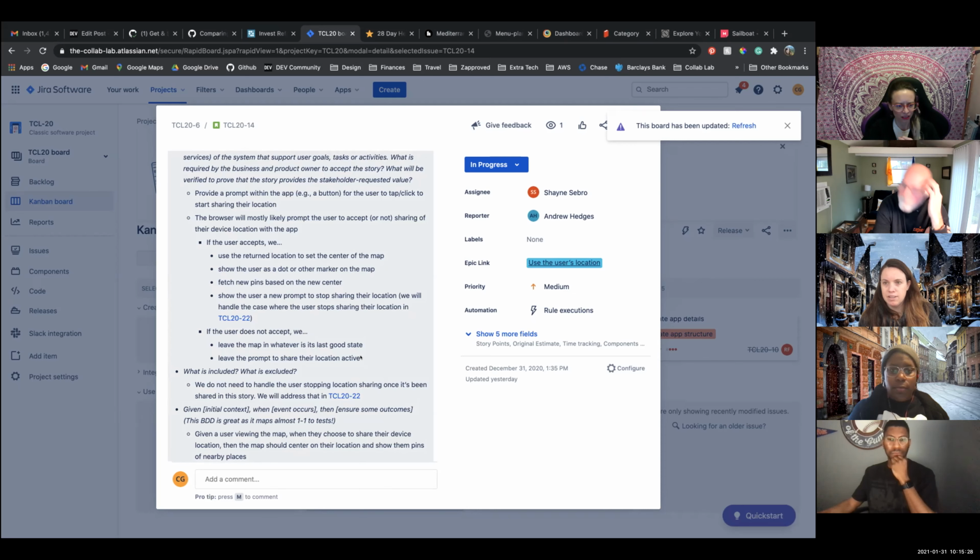So if we want to set that as a local button in the app, then we would either need to do that now or move that functionality to the button as part of the other ticket that handles stopping sharing their location, because I imagine we'd want that living in the same button. Yeah, like a toggle or something, right? Yeah.